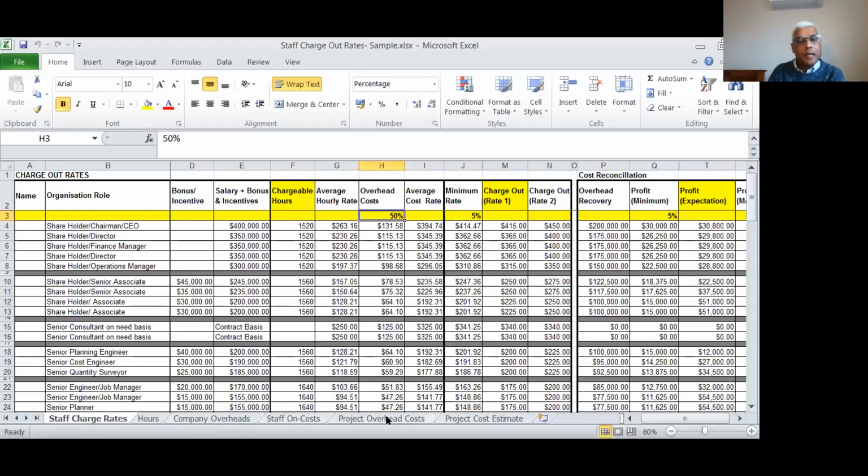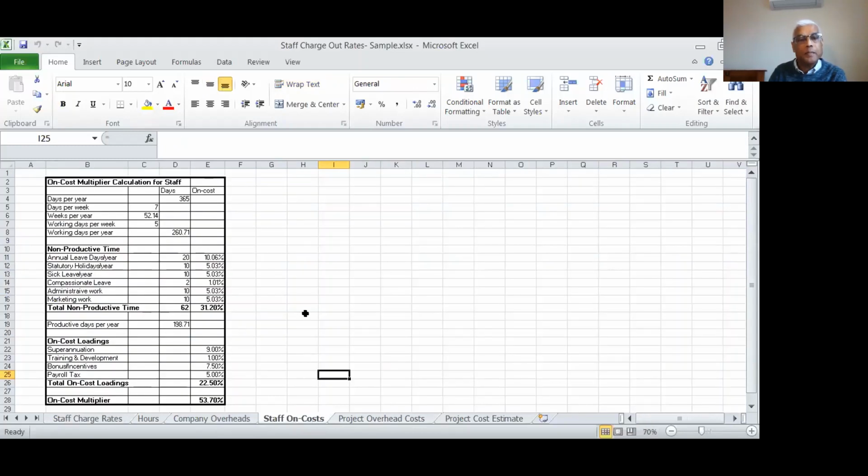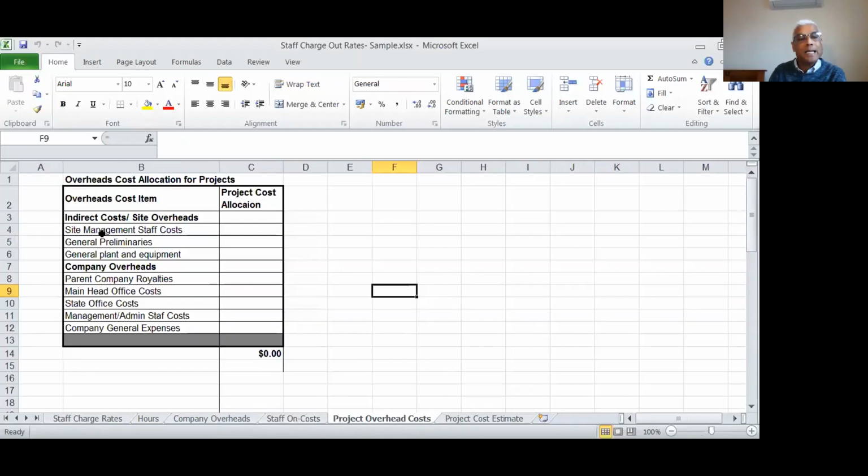The other method would be to calculate staff separately using a multiplier, and then the indirect costs or the site overheads and the company overheads separately, and then calculate the direct cost plus the indirect cost when you calculate the